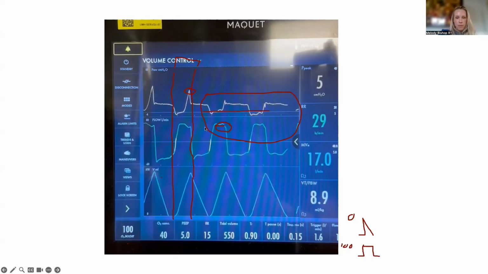But either way, even if this was square, it still doesn't look like that. It's not as square as you would think because they probably are pulling more flow out. So that's actually interesting. Can you say that again? So there's an anti-suffocation valve, which if you suck down hard enough, you can open and get more flow. Is that right? Yes, there are just safeties that are put in place for whenever the circuit is completely starved. You can also have that if you ever have a blocked exhalation port, the anti-suffocation valve also opens. It's one of those fail safes that ventilators have in case of complete failure. But it also can cause massive issues for you when you're trying to figure out what your patient's doing.